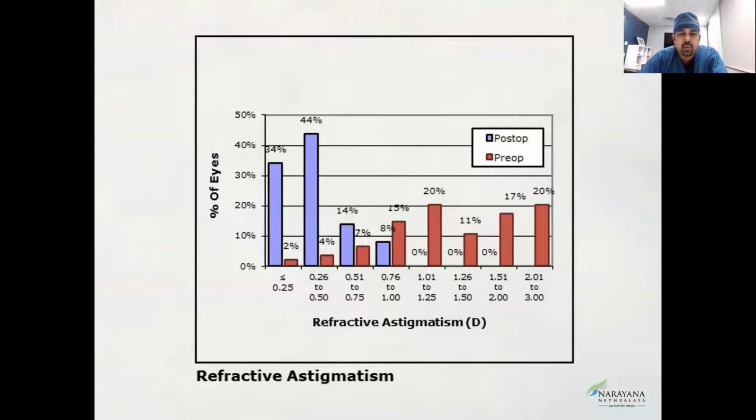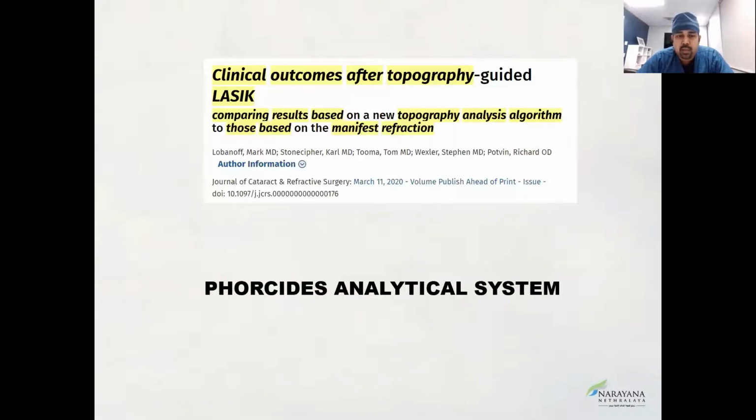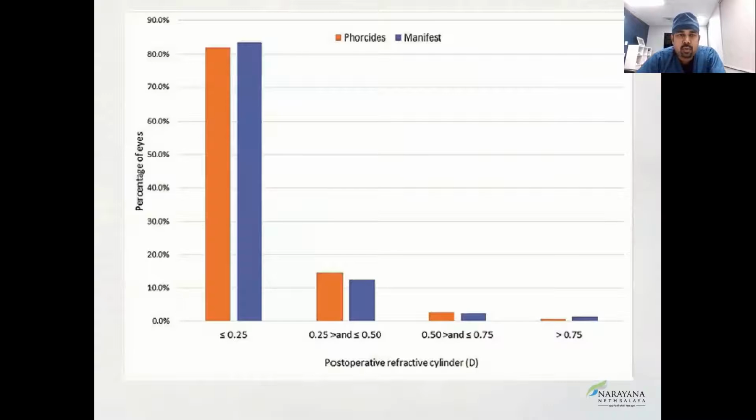And if you look at the outcomes, this is for all 3 groups combined. The amount of cylinder that we treated was around 2 diopters more than done in any other study. The number of patients within 0.5 diopters of refractive astigmatism target is just 78%, whereas if you compare with the Vissum analytical system of Mark Lobanov, you have close to 88% of patients within 0.5 diopters of cylinder. But it is not just the amount of cylinder, as we discussed initially. The amount of cylinder that is left could be partly coma, could be partly other aberrations. And what you need to look at is how the lens is holding on.